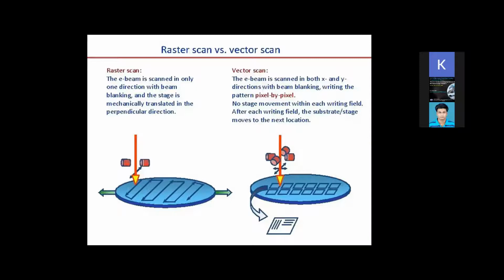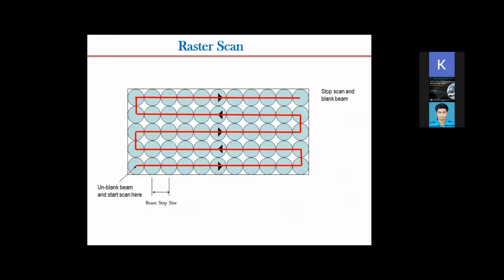Otherwise, whenever you develop the whole wafer, you will see there is a discontinuity in the pattern, so that should not be there. This is the same as the raster scan that I have told about, where you scan the beam in the horizontal direction. First you scan the beam in the horizontal direction, there is a beam blanking, then the wafer has moved, so now the beam is falling on the next line, and again it scans to the right or maybe left, and then again there is a beam blanking, and again the wafer has moved to the next line, and so on.